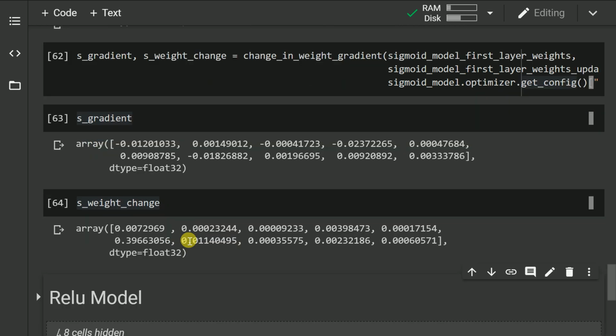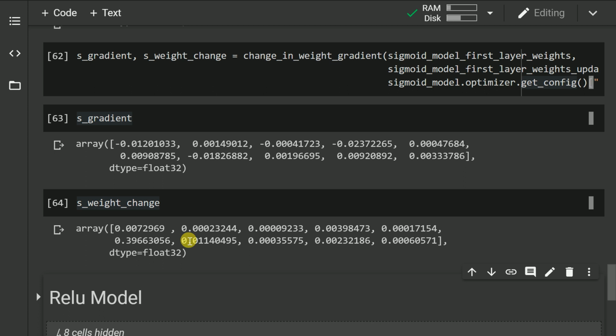If I now go forward and show you the weight changes that have happened, this is what you will observe. So these values are in percentages. So none of the values have crossed even the 1% mark in terms of change from the previous value to the new value. And it is not a situation that we've reached near optimum value as well. This was the first iteration wherein I was trying to learn the parameters. So this is how vanishing gradient affects your overall model performance in case of deep neural networks.